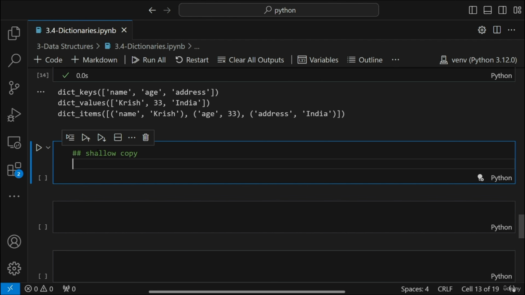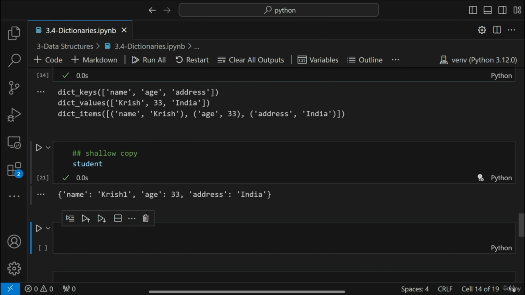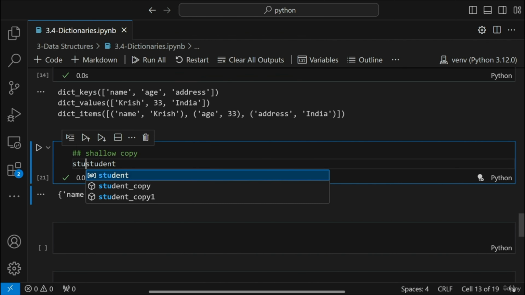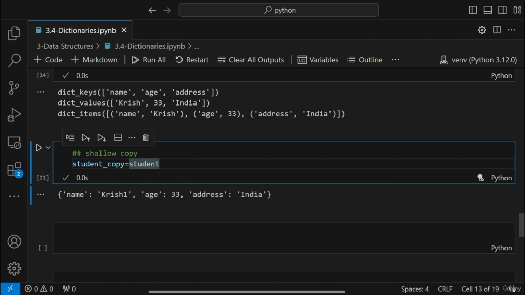Now I have the student dictionary over here. Let me do one thing. Let me create another variable, let's say student_copy, and I will assign the student value over here. And as you all know, what is present in student? The key value pairs. Now if I go ahead and print